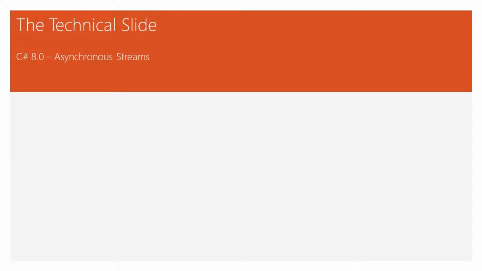Mainly to create any function as an asynchronous stream we need three things. First, we have to create a function as async and that function should return any type using the IAsyncEnumerable interface. Second, that function should use the yield statement to return the stream of items from that function.